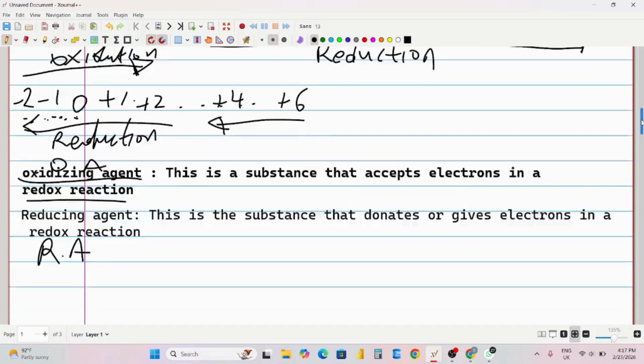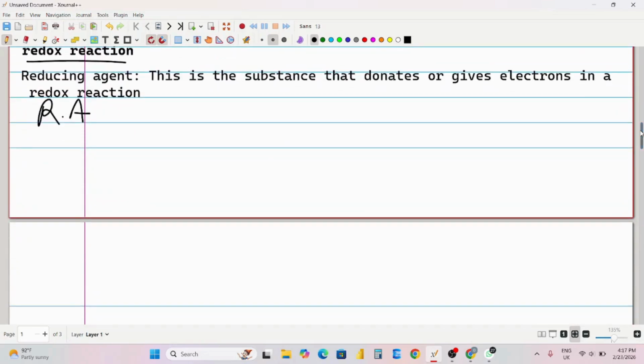Okay, I have one here. So let's say zinc, plus, minus, and then we have